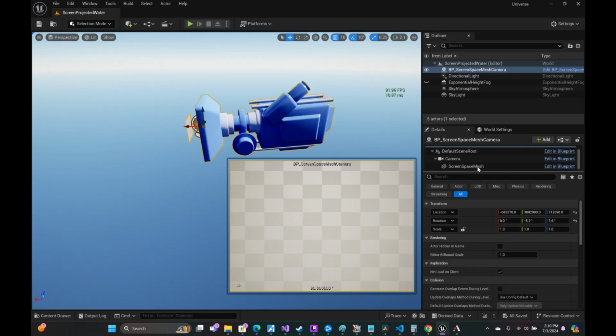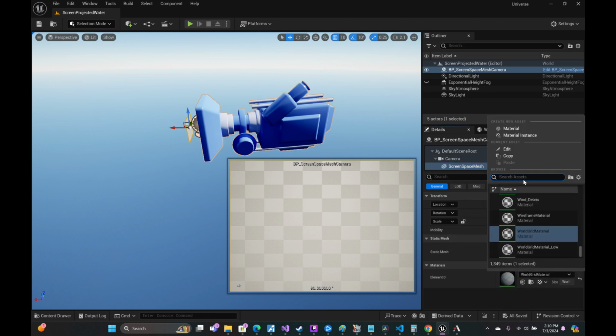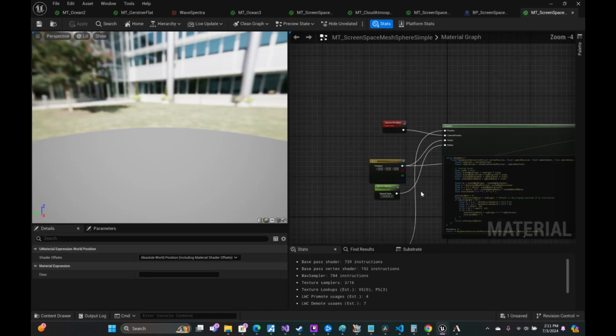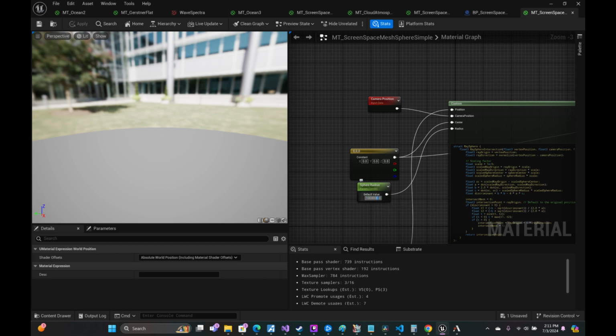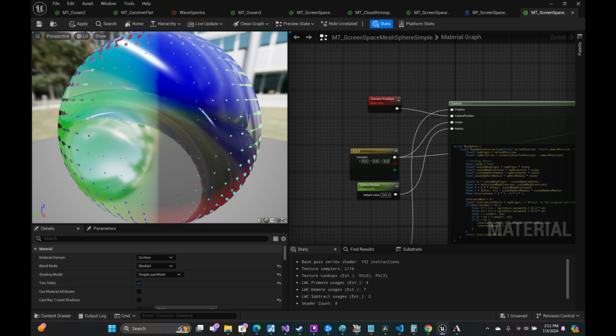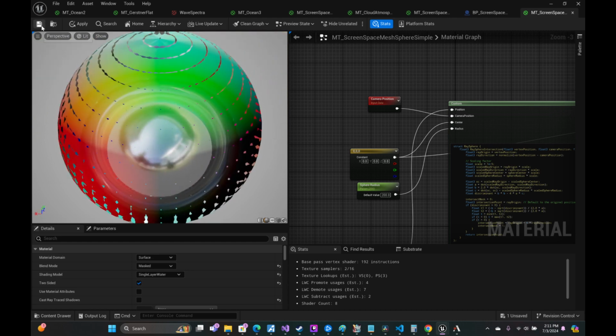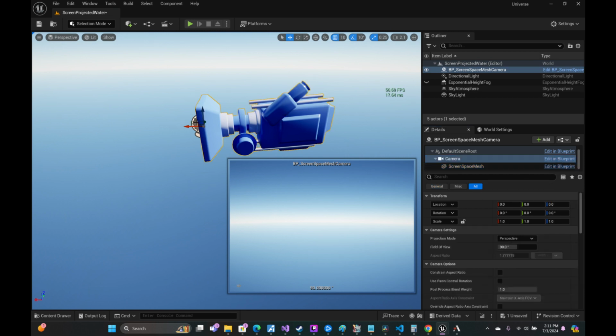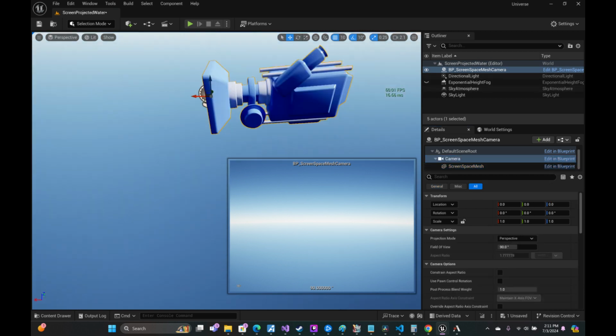And let's take this screen space mesh simple. Let's go in here also and change our scale for a moment and make sure that it works the way that we think it does. We'll make this small. We wouldn't expect this to work properly. And now we can take this camera